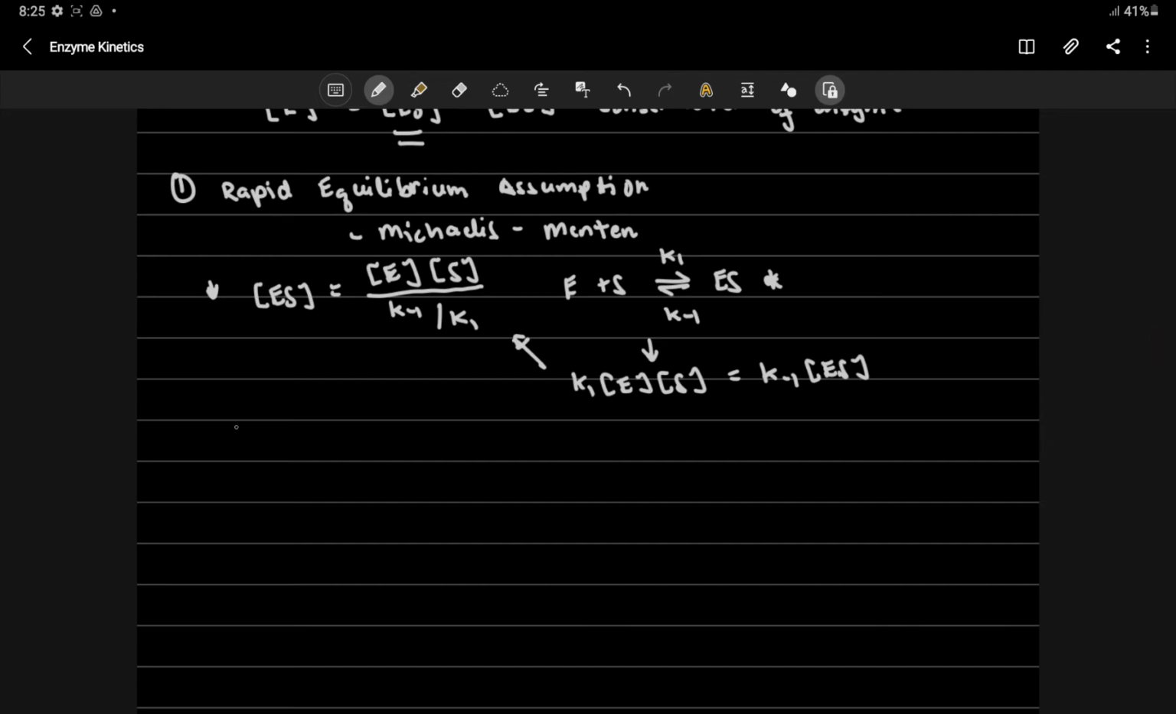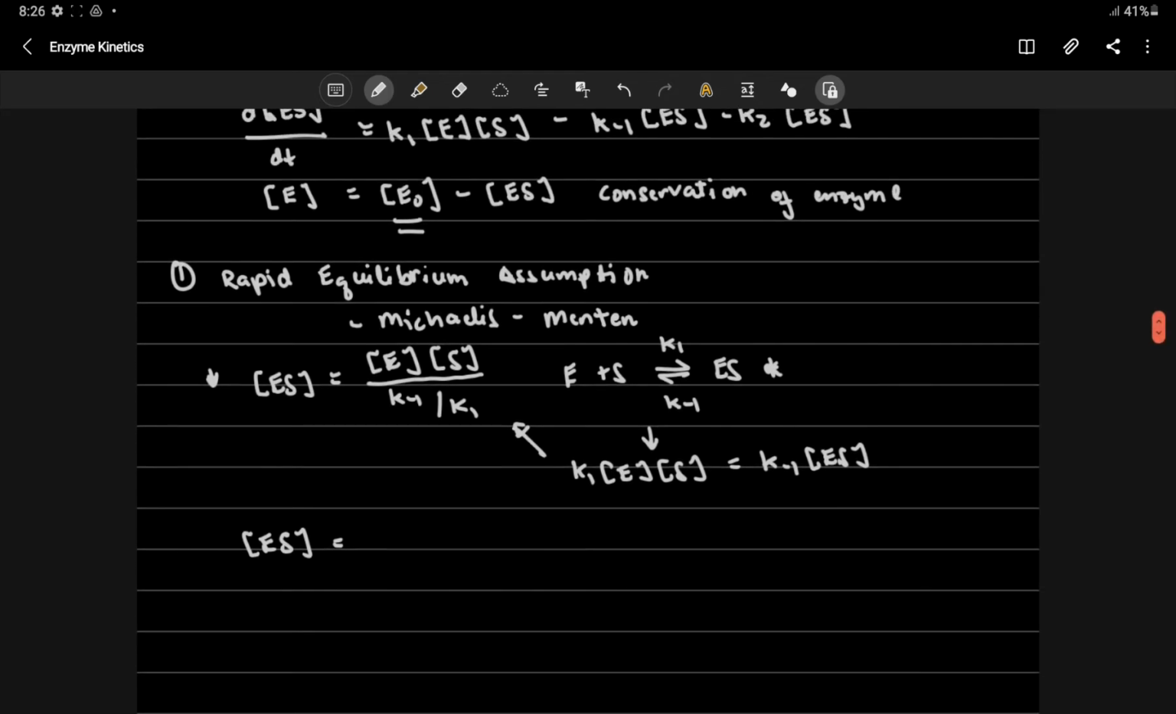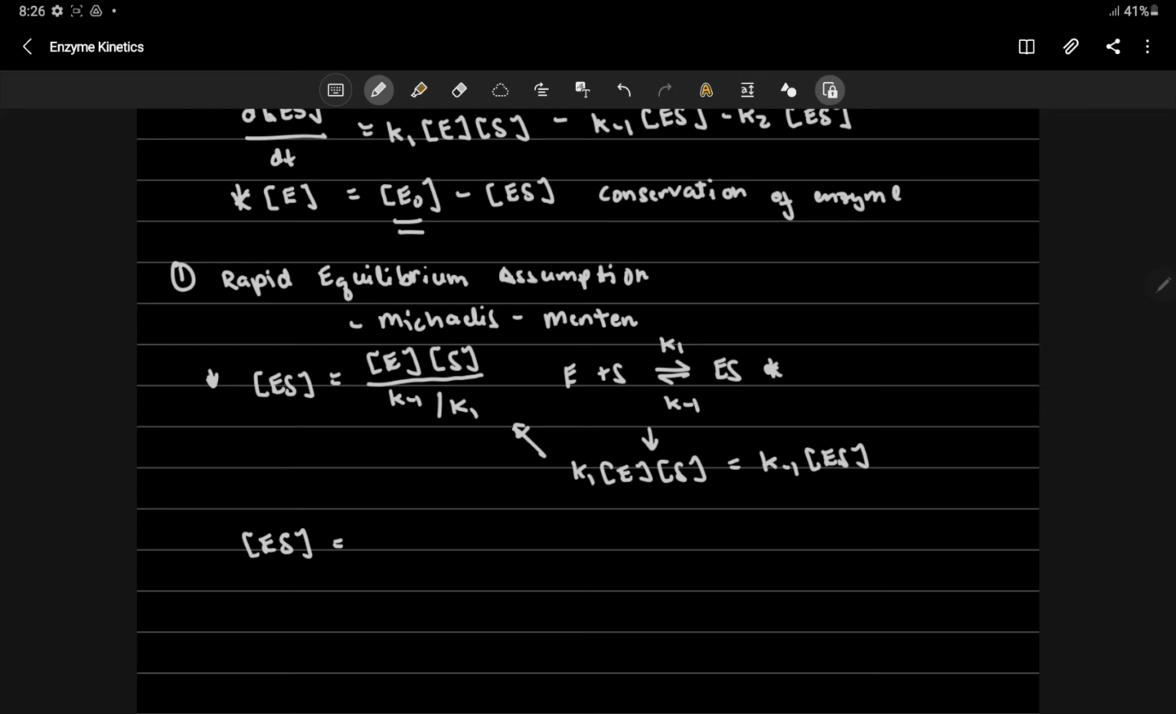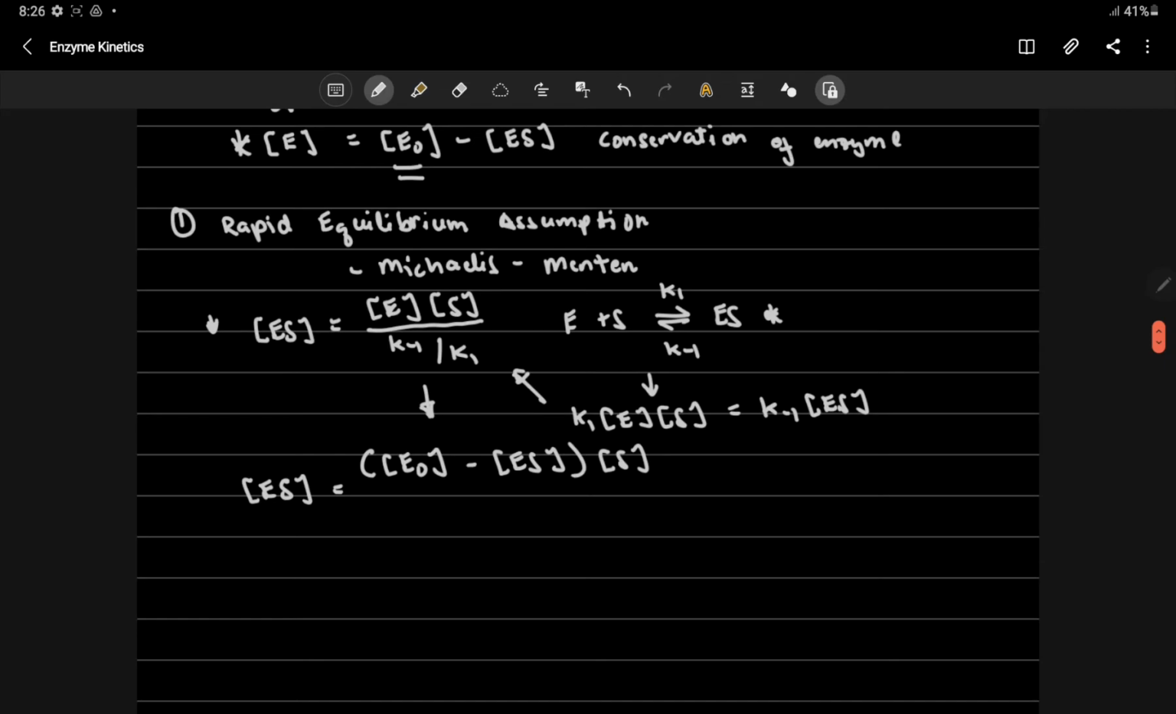Ituloy natin kasi yung enzyme substrate complex concentration na yan will be equal to, so what will we do here is gagamitin natin tong relationship na to, which is the conservation of enzyme. Isa-substitute natin yan dito kay enzyme concentration. So magiging initial minus enzyme substrate, okay, times, okay, we're just following this one, divided by K minus 1 over K1. Okay,